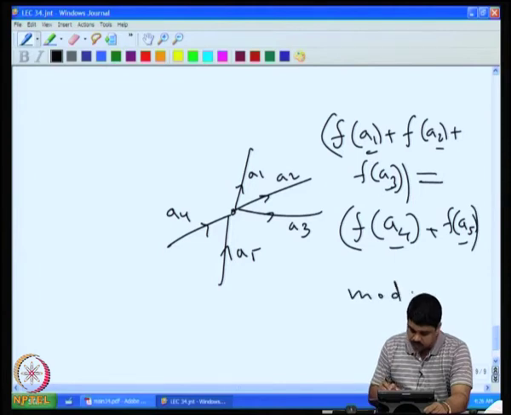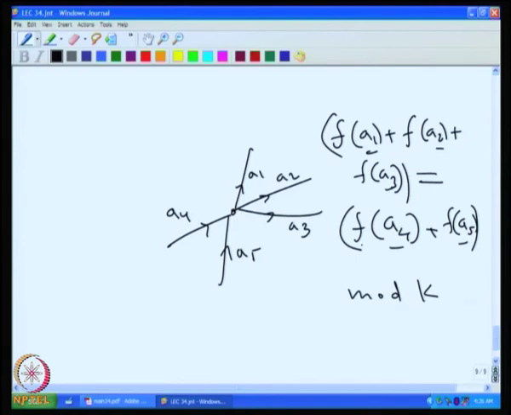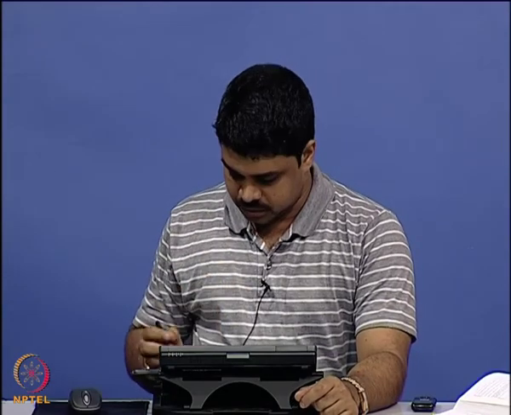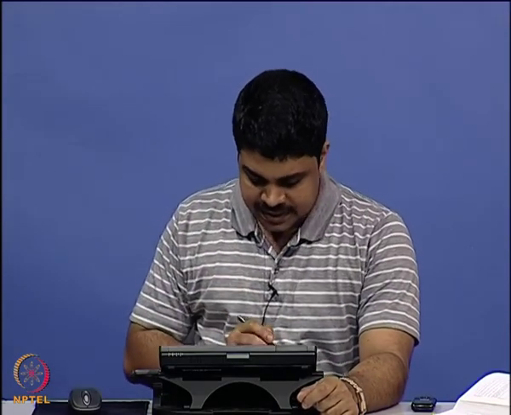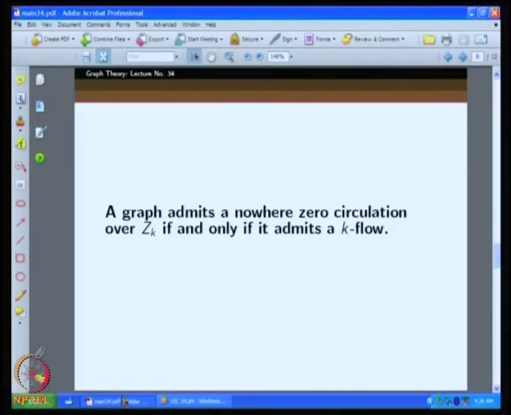mod k only. So, these may be different values, but when you divide by k and take the remainder, they have to be the same, right. So, therefore, this flow is somewhat different, but the interesting fact is that a graph admits an over 0 circulation over set k if and only if it admits a k flow. It is